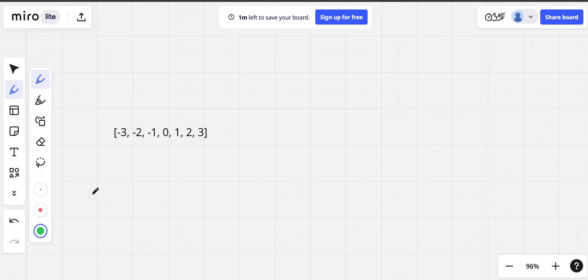So if you remember the 2-sum problem, we received a target and you had to find 2 numbers that add up to this target. And the best solution to solve this problem was to use a two-pointer technique. So for example, if my target is 3, I will have a pointer to the left and a pointer to the right,